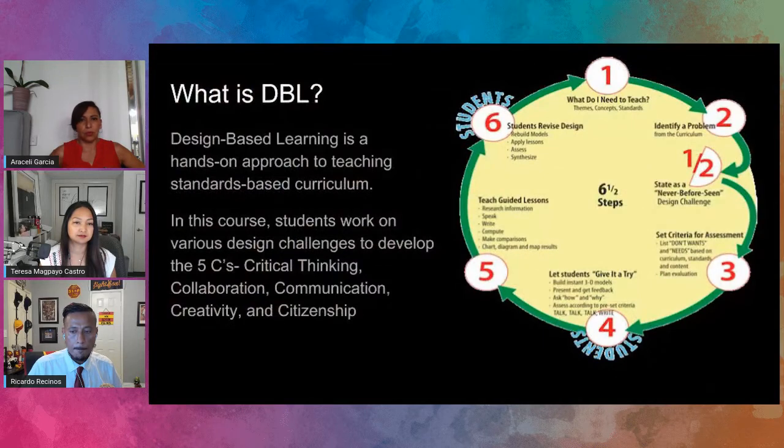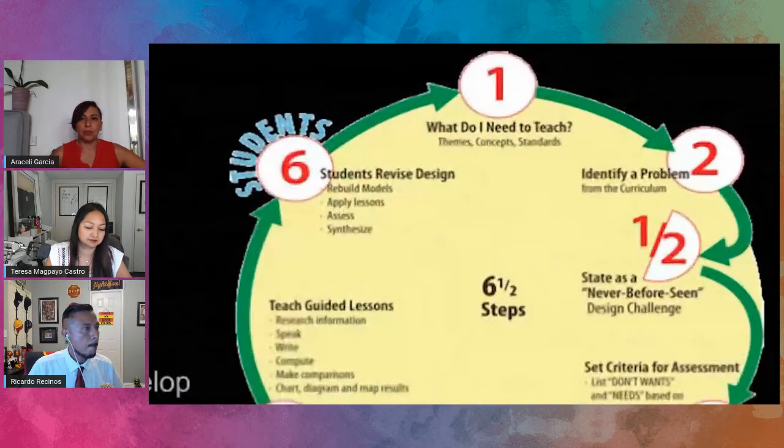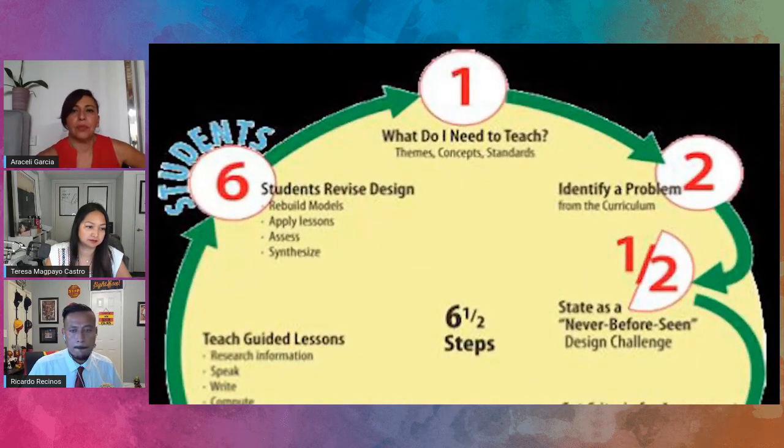We use a very specific 6.5-step pathway where the teacher first begins with asking, What standards do I want my students to reach? What skills or what themes am I covering in this unit? So we backwards plan from that. So you start with this big concept, and then the teacher comes up with some kind of a design challenge